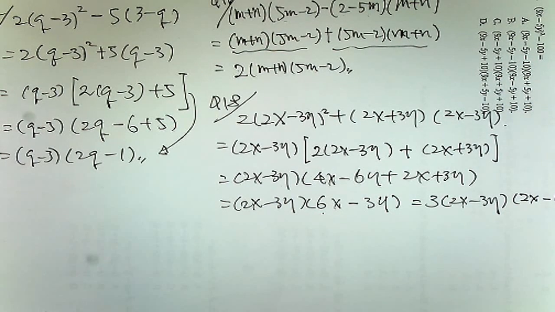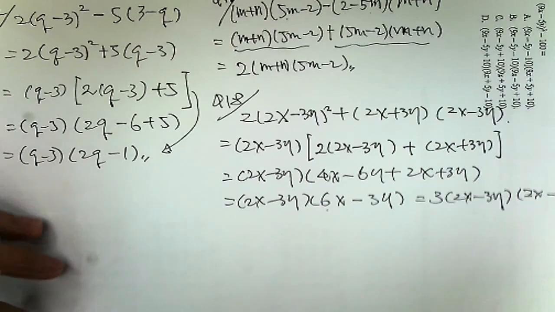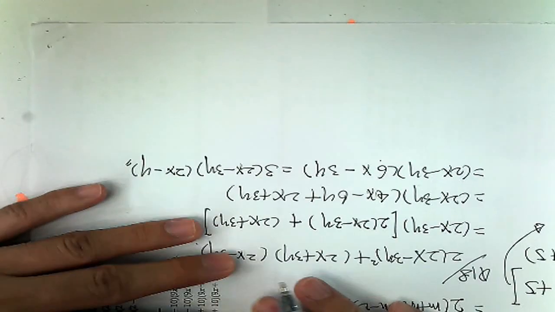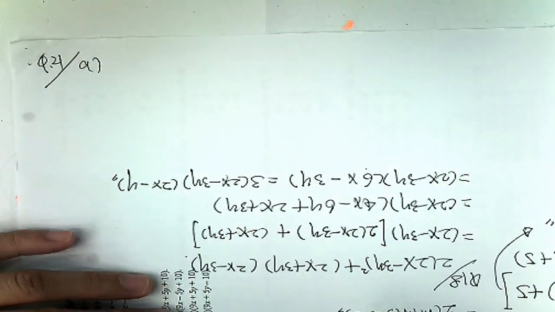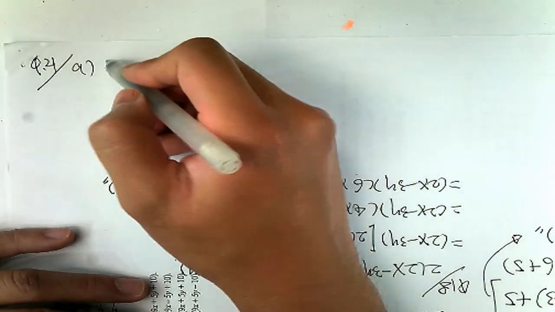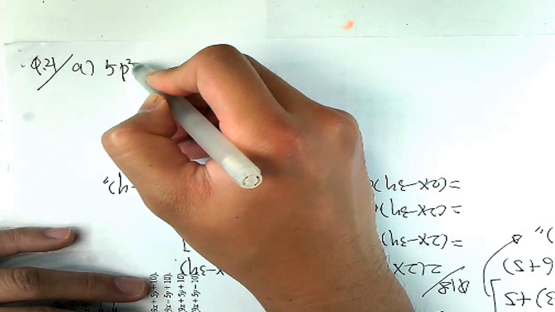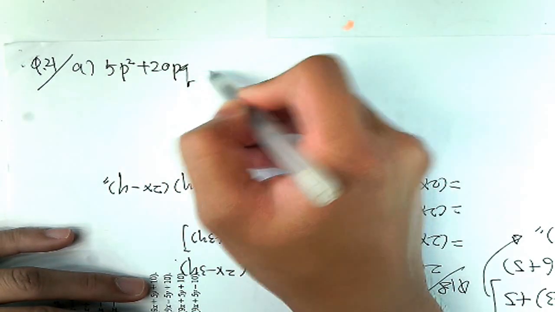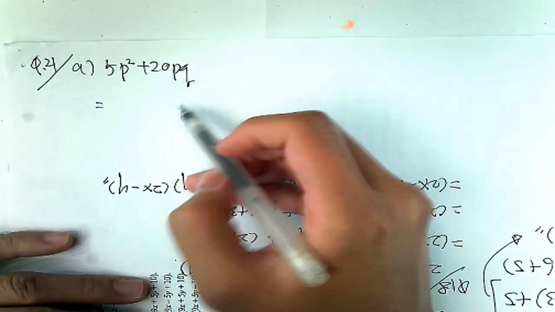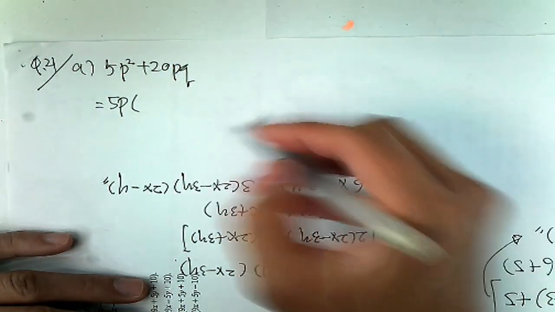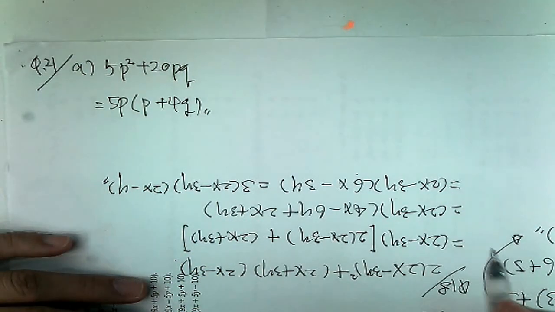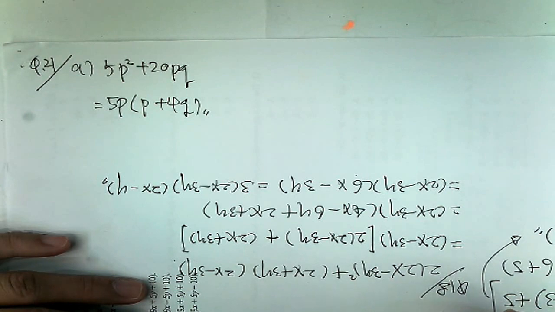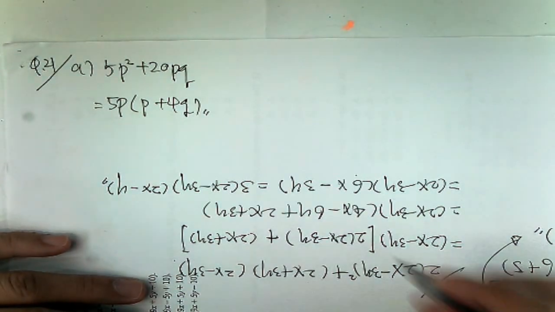Is it okay? So still keep going. So go to 21. There are two parts here, okay? I'll do part A and part B. 5p square plus 20p cube. So here for these two terms you can pull out 5 and p, right? 5p. For the first one you have a p to remain, and then 4q. Is it okay? So go to B,